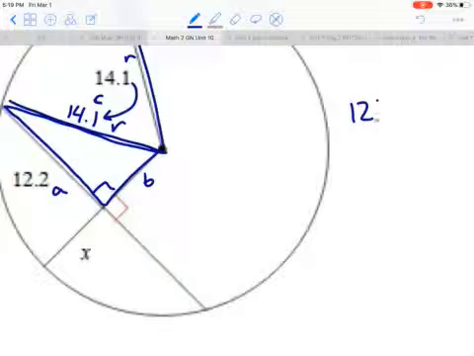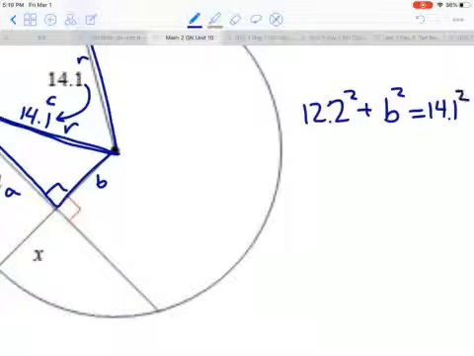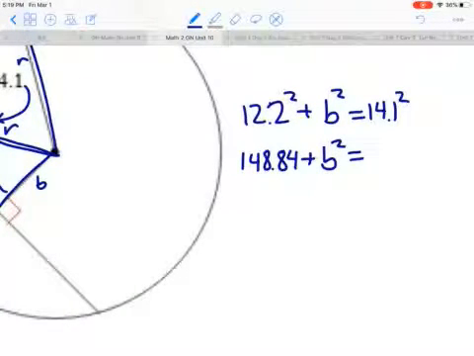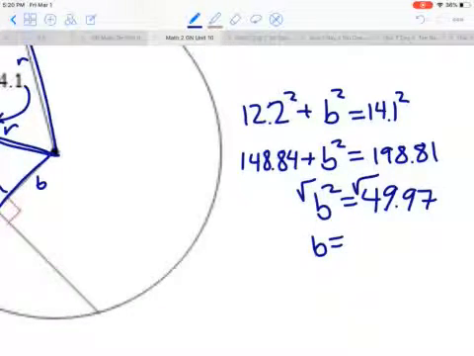So 12.2 squared plus b squared equals 14.1 squared. So let's just make sure we've got all those numbers the same. So you should get 148.84 plus b squared equals 198.81. And you subtract that over, so b squared is 49.97. Oops, there we go. And when you square root that, you should get b, which is 7 point, and we'll do 2 decimal places for now. So we square root that, and you get